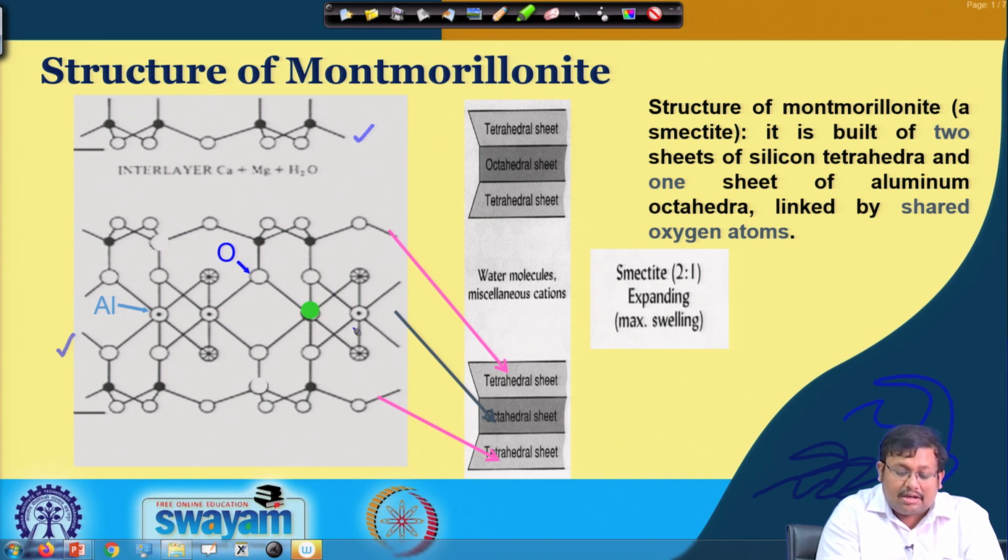So, it is a dioctahedral structure. In the dioctahedral structure, when aluminum gets replaced by magnesium, then this negative charge develops, and in the